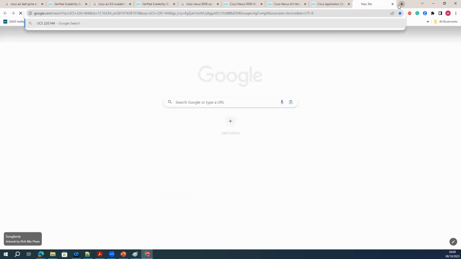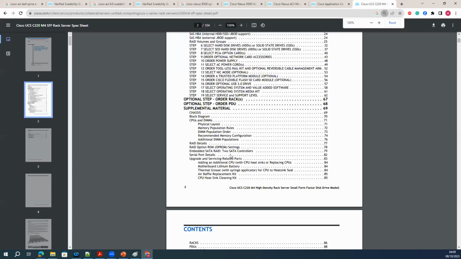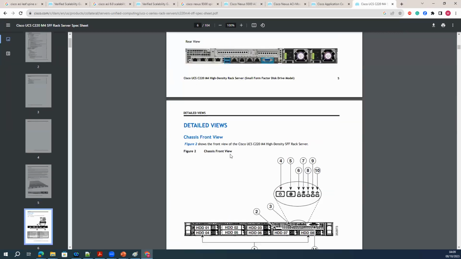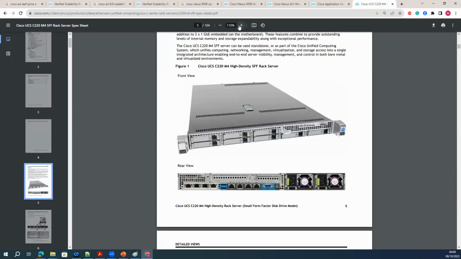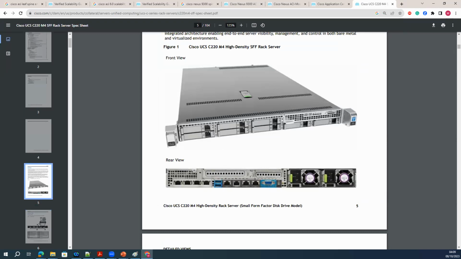If I go to this one, this is how they look. If I open this, yeah, this is how the APIC looks. This is just a server. They have this many ports available for connectivity with your leaf switches.